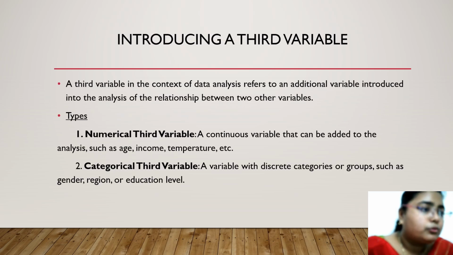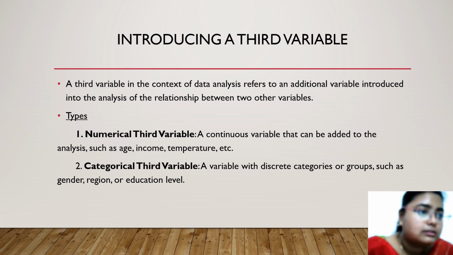So before moving into the multivariate and the time series, first we have to know what is a third variable. Now suppose there are two variables in statistics, one is x and one is y. Now x is an independent variable and y is a dependent variable. Suppose there is another variable called z. Now this z is related to both x and y, and this z is known as the third variable